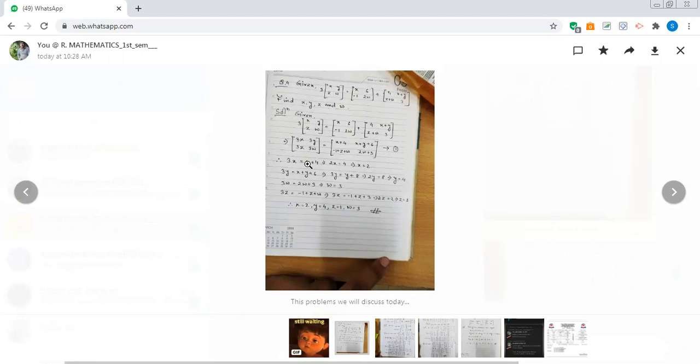Sir, will I get some more classes before the sessional exam? In the last class we ended the theory part on symmetric and skew symmetric matrices. In the next class we will do some problems of symmetric and skew symmetric matrices. Okay, and from that part and today's problems, these problems will come in your sessional exam. Fine? Is it okay?